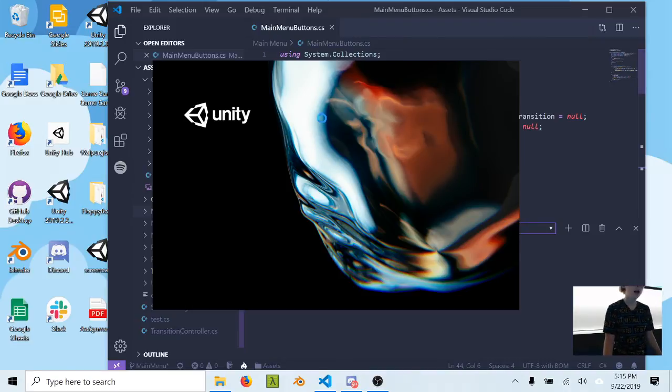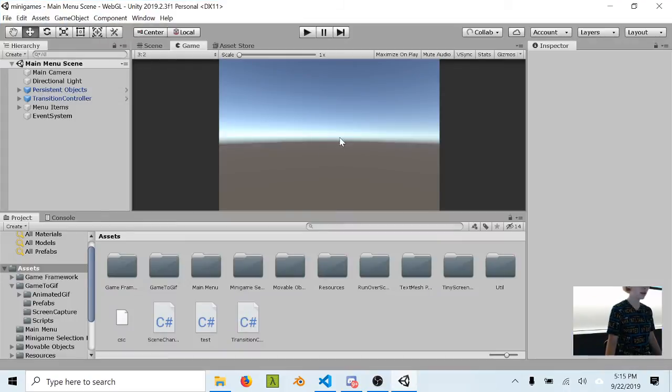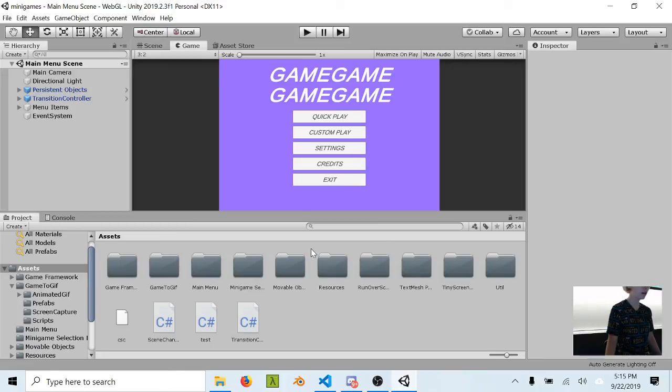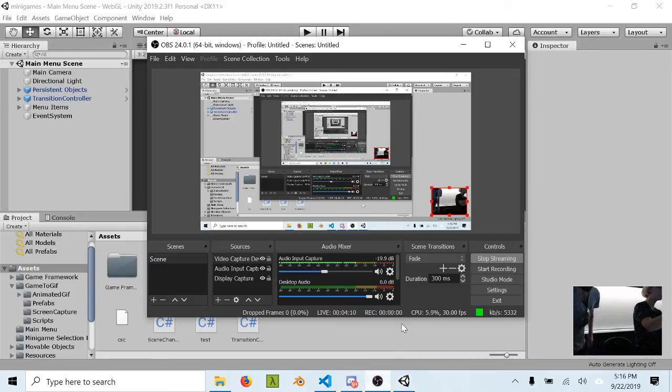What I'm pretty sure the issue is, is that I'm using this resources folder to attach minigames and be able to access them at runtime, and that changes how resources and assets are loaded. And because the minigame selection scene, which is trying to be accessed, is not